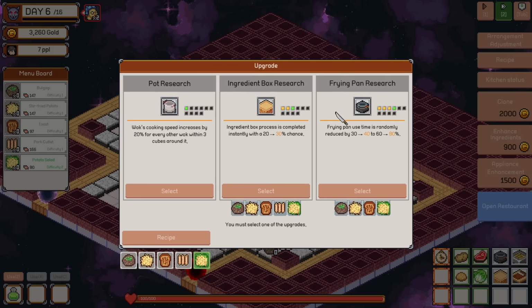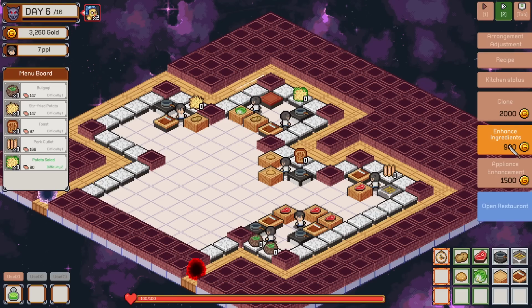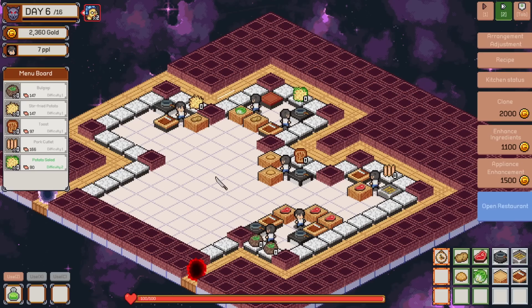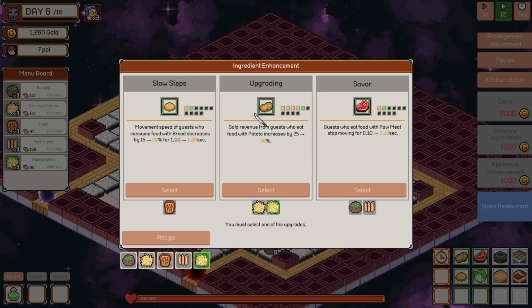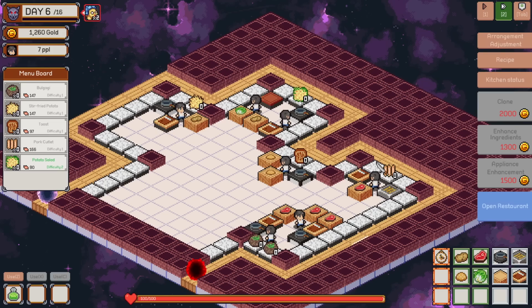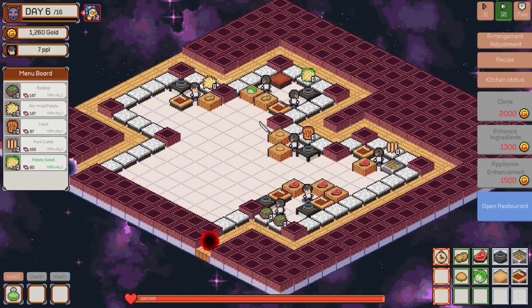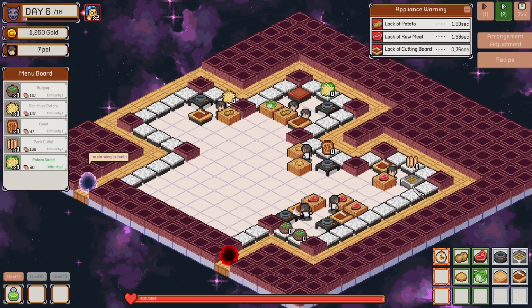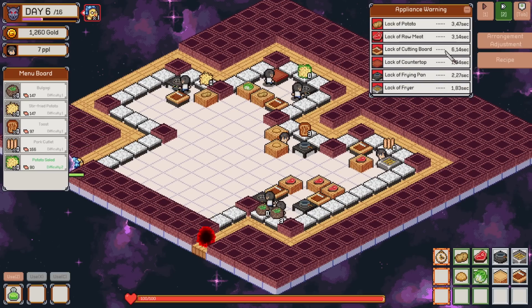Appliance will help the most things. 30% chance to instantly get the ingredient feels huge. Enhance the ingredients. Okay, so the satisfaction stays high. I'm going to go to 25%. If we can just keep on getting that. 30%. We're thinking about the future. We have a potential 60% extra gold gain from some. So yeah,